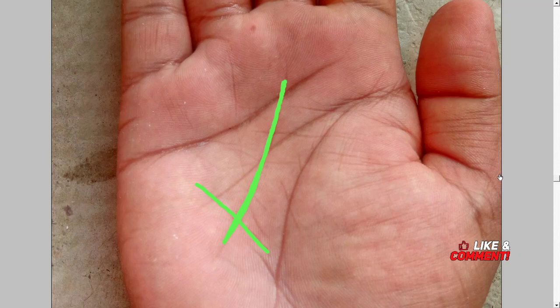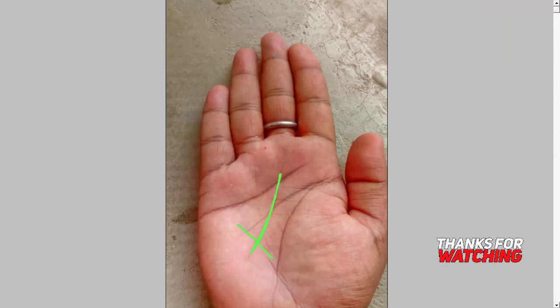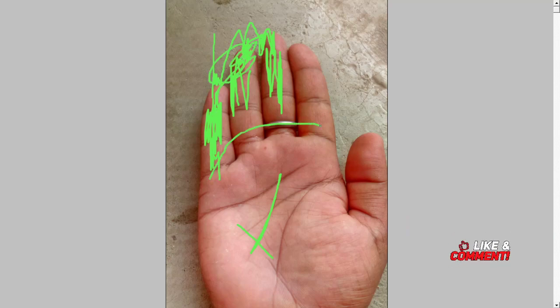Skill line means having a set of skills, and it's pointing towards three fingers: the Saturn, the money, this is career, and this is your technical skills, communication, business skills, all kinds of skills. It is said that the rays penetrate the fingers and enter your palm. This is your palm, this is where they enter, and once they enter, they get accumulated